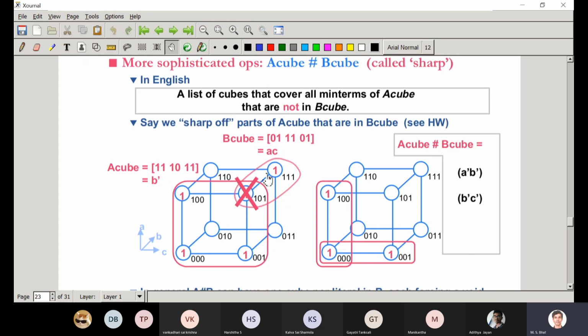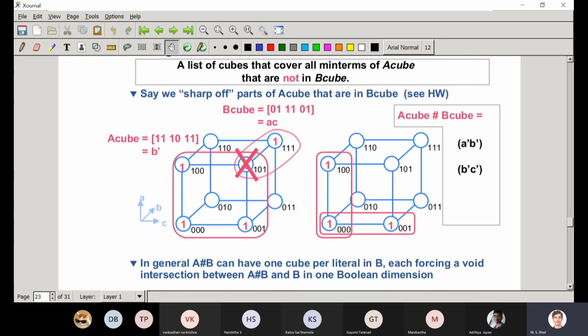See an example. Let us say B cube is AC. What is A cube? A cube is this big cube, which contains all these 4 ones. Here is a 1, here is a 1. So basically A cube is actually B bar.